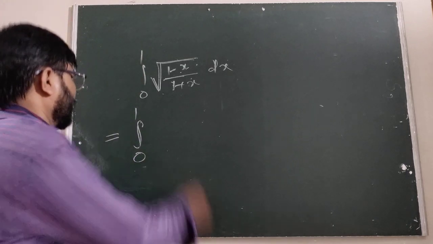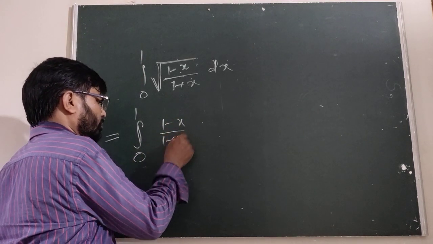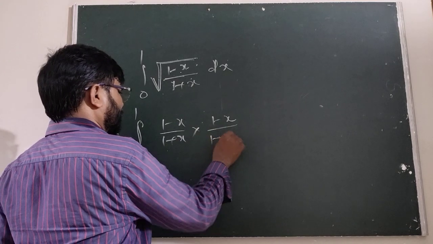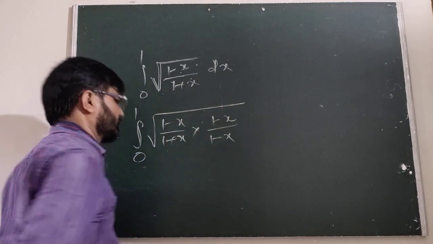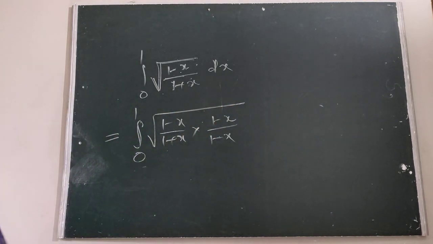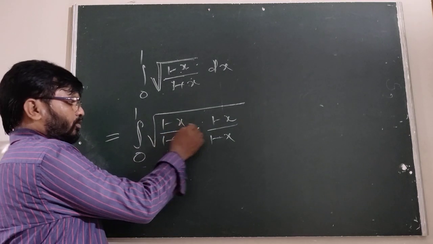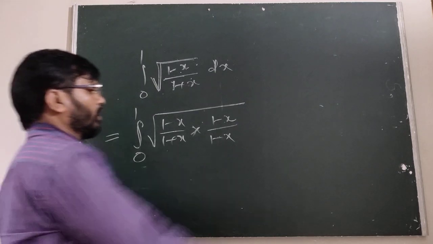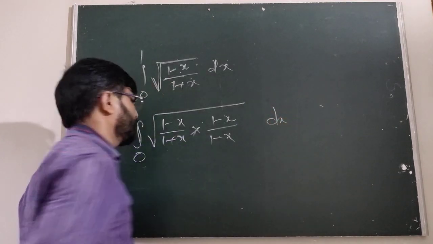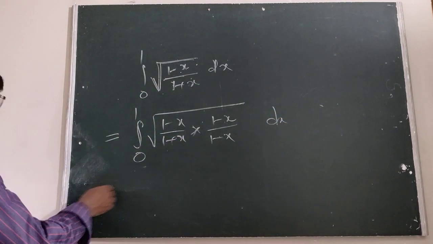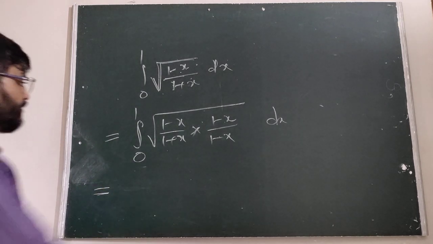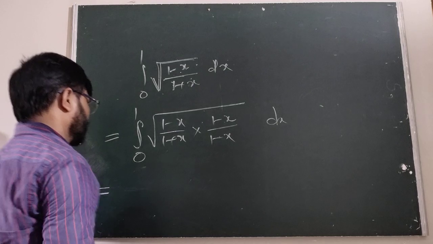That means we can write 1 minus x, 1 plus x. Therefore, we are multiplying by 1 minus x by 1 minus x. Is it clear? Here 1 minus x is there. We take into 1 minus x by 1 minus x, whole of dx. Therefore, we can write this as...